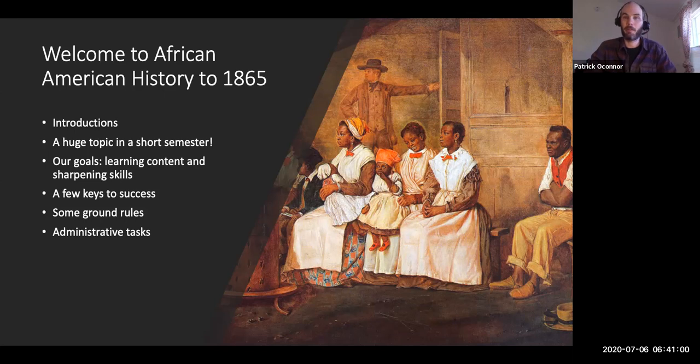And this is especially challenging, and this is something we're going to talk quite a bit about in this course. It's especially challenging when your subject is a marginalized group of people like African Americans who, by and large, did not read and write because they were legally barred from doing so, right? In many cases, it was illegal to teach an enslaved person to read or write because that would empower them and give them more agency by which they could contest their enslavement. So how do you access the world of people who left relatively little written record of their existence? Okay, this is going to be a problem that we discuss throughout the class.